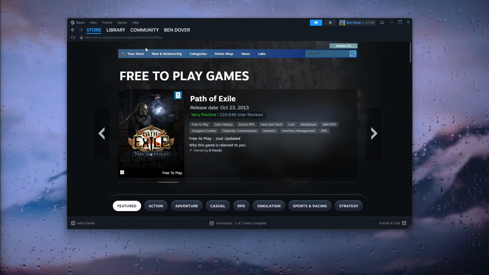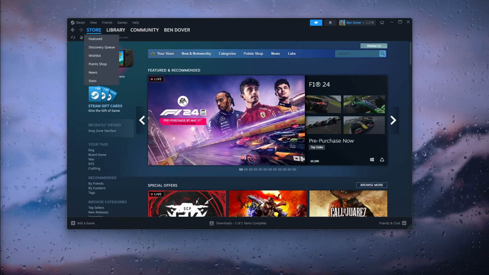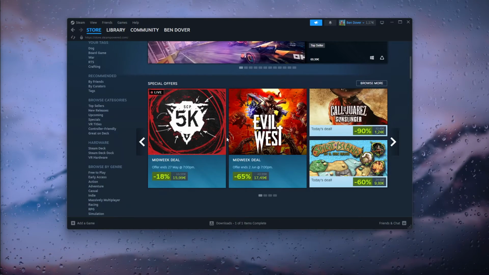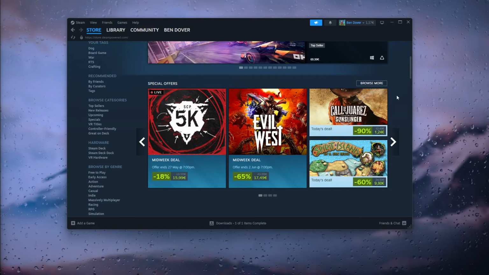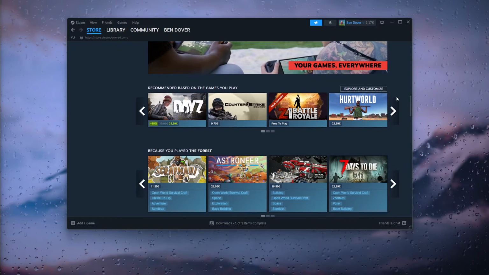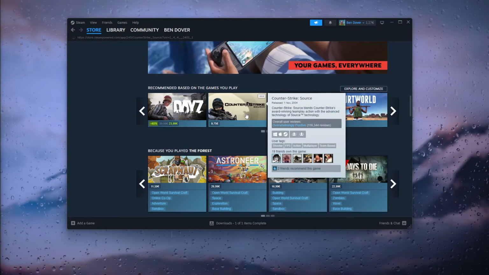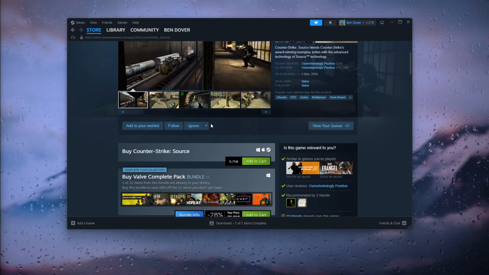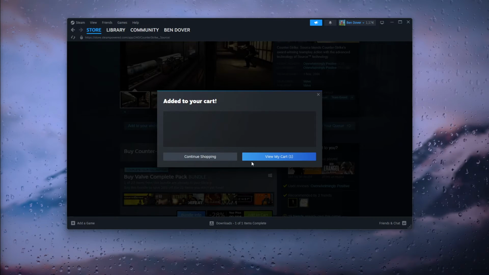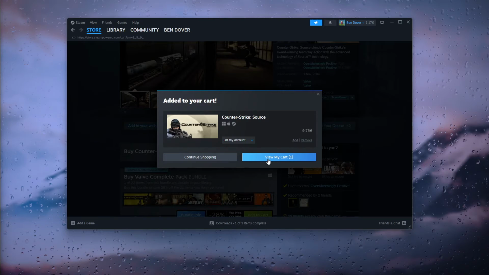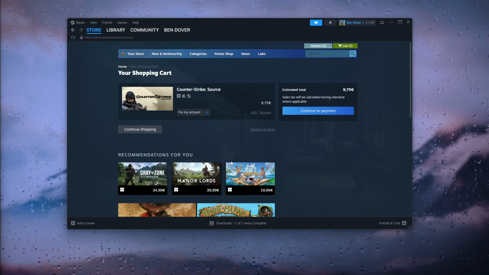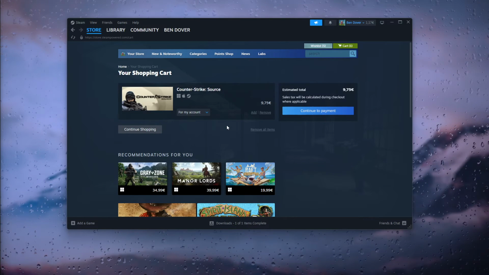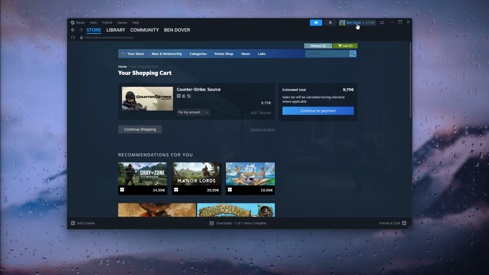Now let's say you found a game that you want to play for free. Now we're going on to a game that is paid. Now let's say we want to go for Counter-Strike: Source, for example. Now from here, you want to add it to your cart. From there you want to view your cart. From there you want to pay for the game, and what you want to do after that is simply head down